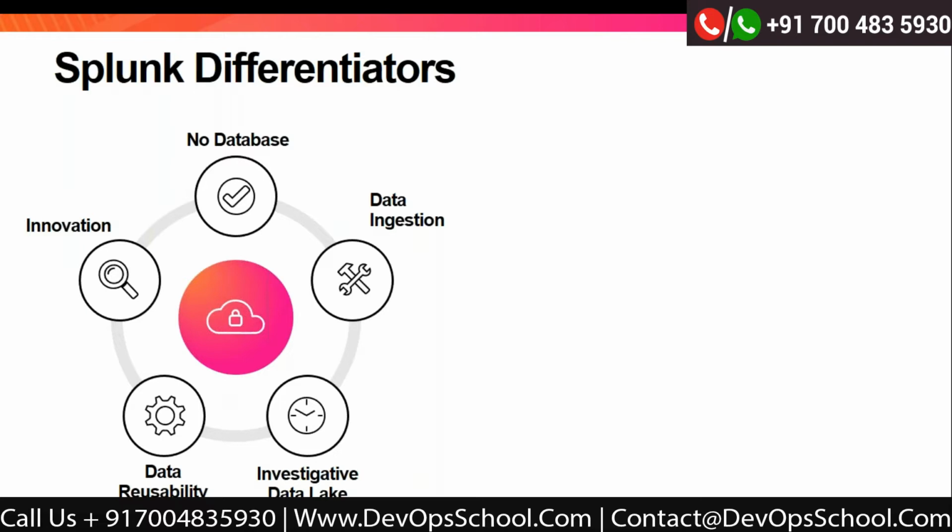And then Splunk works on innovation. Splunk keeps on innovating new ways of getting more data, and the Splunk backend team, or you can say the Splunk R&D team, works on new use cases. Whenever there is a new attack in the wild, Splunk will create a rule for that, and they will provide us with the use case in the next 14 days. So Splunk gives us an update every 14 days,